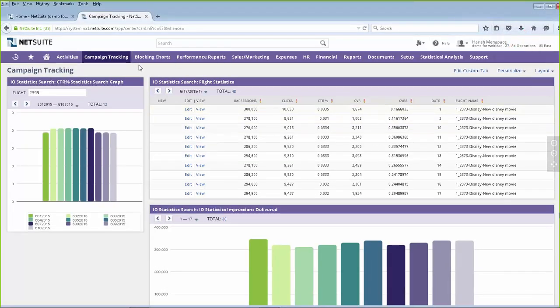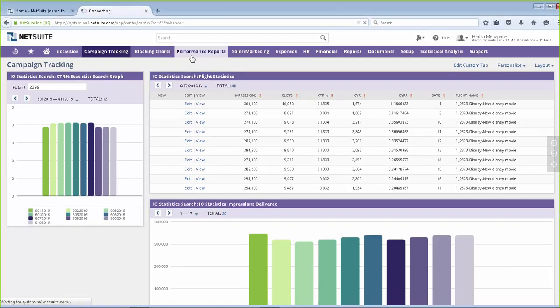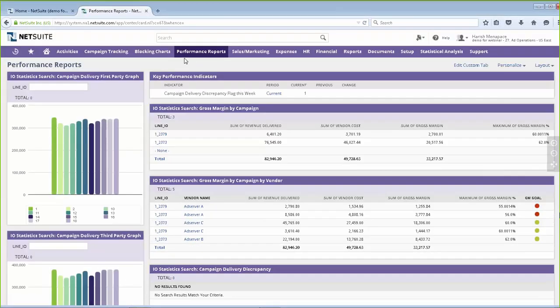So this one basically was letting me see how my campaign was performing and impressions, and I can see that over time my click-through rate was performing well, but that had decreased. And now this is something that I can then respond to and look into the ad server further to see what's going on. We also have in here what are called performance reports, and this is just another example of how to bring in that external data from NetSuite into the system.